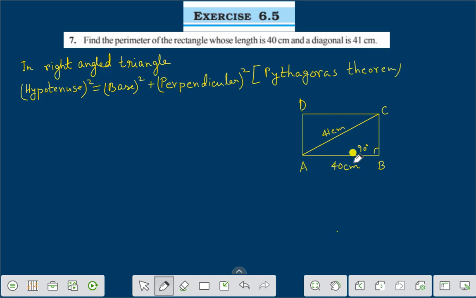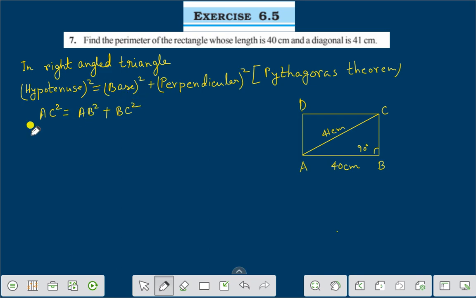Right? Here you see this is 90 degrees. The side opposite to the 90 degrees is the hypotenuse, that is 41, and this is the length of the rectangle, and BC is the breadth of the rectangle, right? The hypotenuse is 41. Hypotenuse AC square is equal to base AB square plus perpendicular BC square,